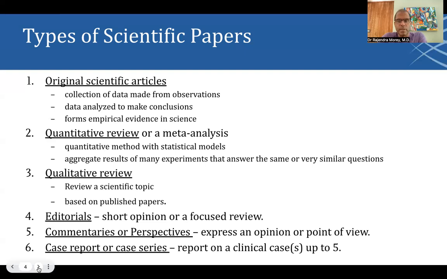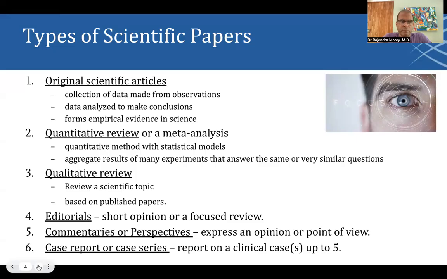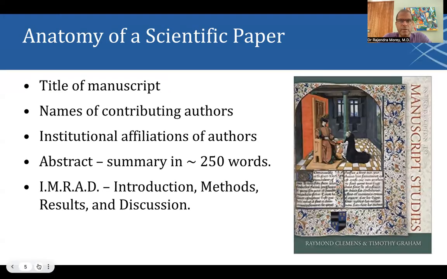There's commentaries or perspectives, which are more in-depth articles that often take a long view of a scientific discovery in a certain field. And then case reports, which may describe a single observation or a small handful, up to 5. So those are the types of scientific papers, and I'll focus on the first one, which is the original scientific paper. So writing papers has undergone an evolution in science,